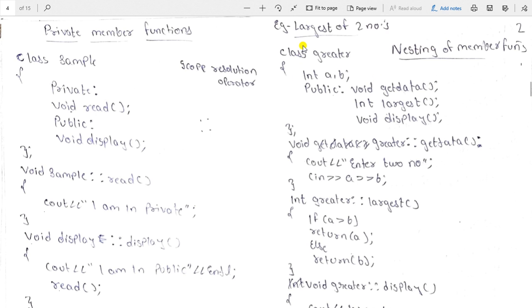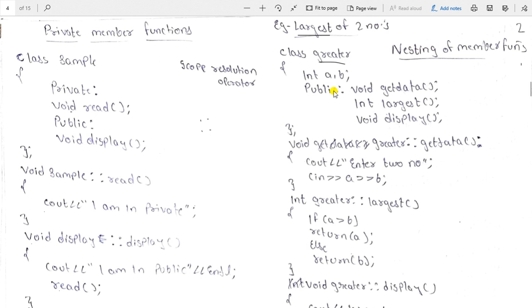The example of the program is the largest of two numbers. Class is a prefix keyword, greater is the class name, open braces. Here we have not put any access specifier, so by default the integer variables a and b will go to the private section.